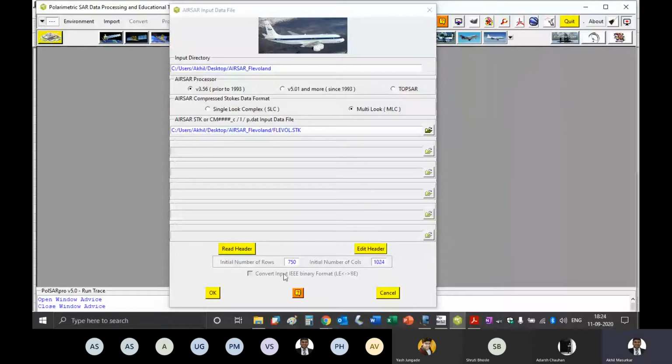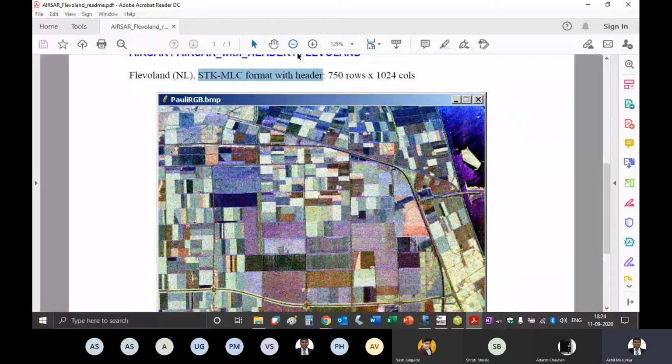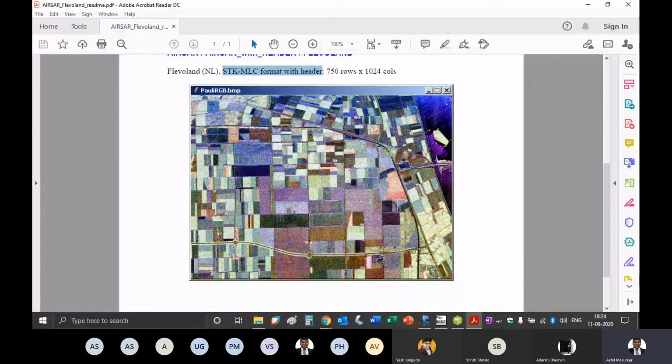We have seen this before. It has 750 rows and 1024 columns. So it's not a perfect square, it is slightly rectangular in shape. So what they are telling you is when you open the file, your file should look something like this. If it is not looking like this, then there is some problem.